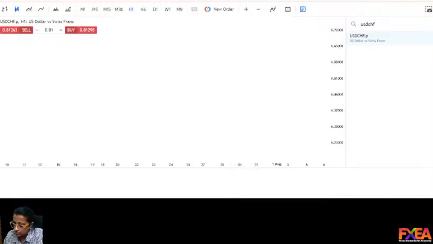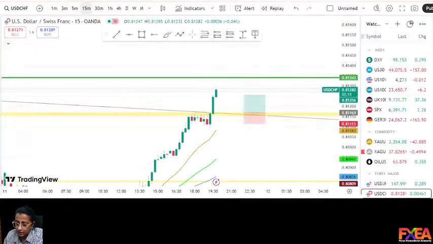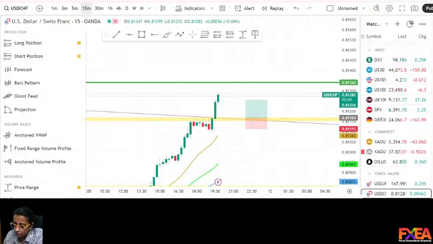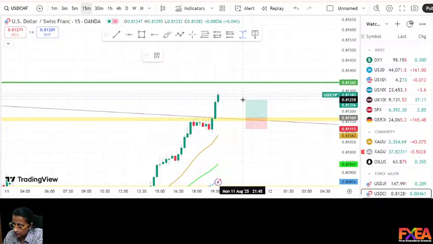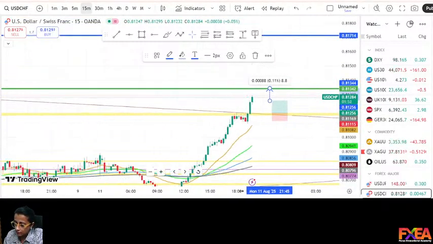Let me see what is happening. It's still at 0.16 because we have the broker charge also added there. And if you see here, how much is the price range? I had taken just a small scalping trade. It is just 8 pips, 8.8 pips, nothing much. At least we need some 15 pips for a better trade.